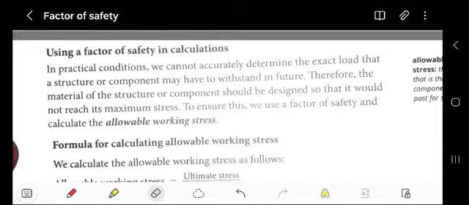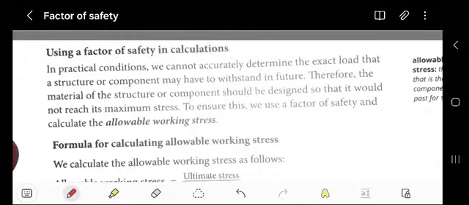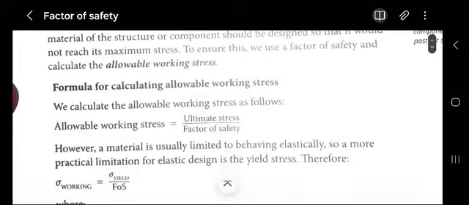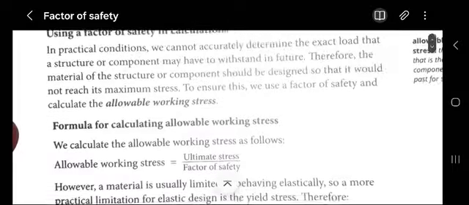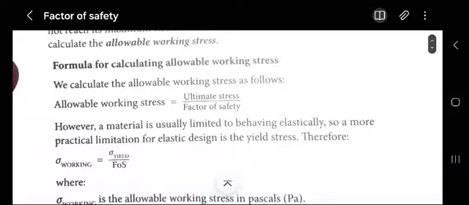You can read about the factor of safety and you'll see why it's important. You can do research, but it's also in your textbook. If you're using the new syllabus textbook, it's there from page 37. You can see why it's important for an engineer to include the factor of safety in our calculation. Okay, so